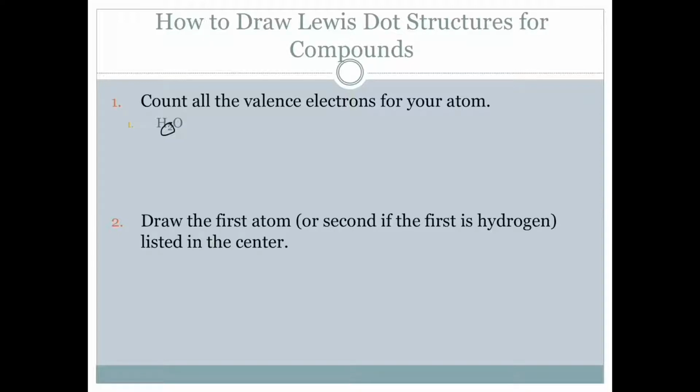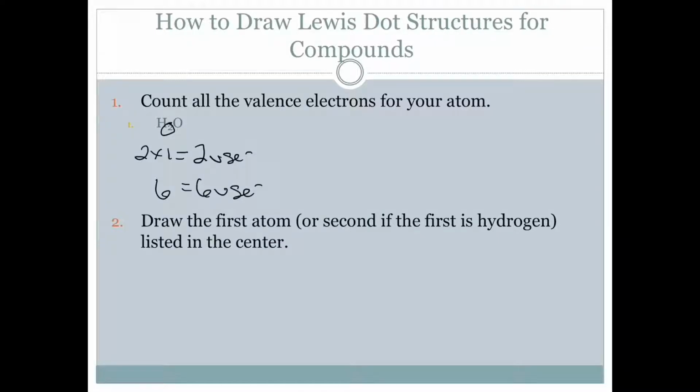But you see that we have a 2 there, so this is just like counting atoms. So we've got 2, so we're going to do 2 times 1. That means hydrogen has 2 valence electrons. But what about oxygen? Oxygen is in group 16, which means it has 6 valence electrons. Well, there's only 1 atom,